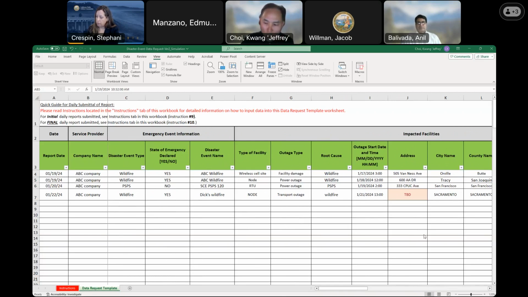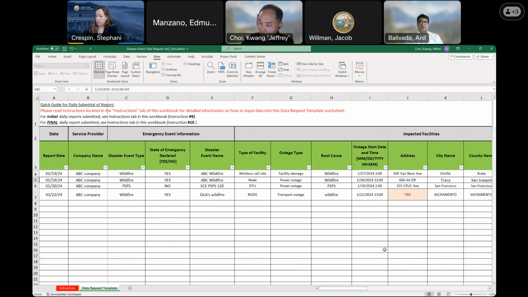And you should keep sending this daily report until your facility and service are fully restored and all the information is filled in without any TBD.